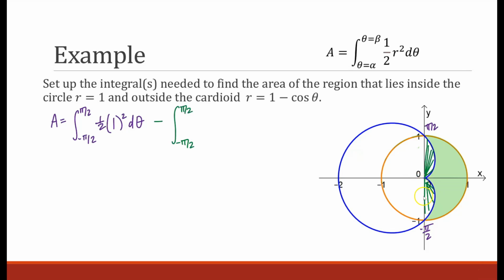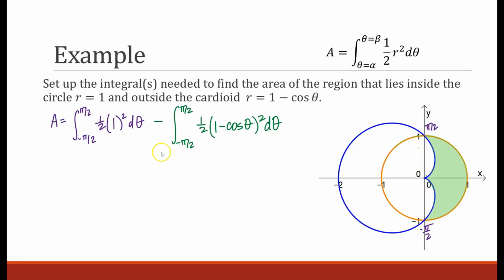So I'm starting from down here and collecting those little sectors. Negative pi over 2 to pi over 2 of 1/2 the radius of the cardioid, 1 minus cosine theta squared d theta. So again, the first integral finds the area of the full semicircle, and then the second one carves out